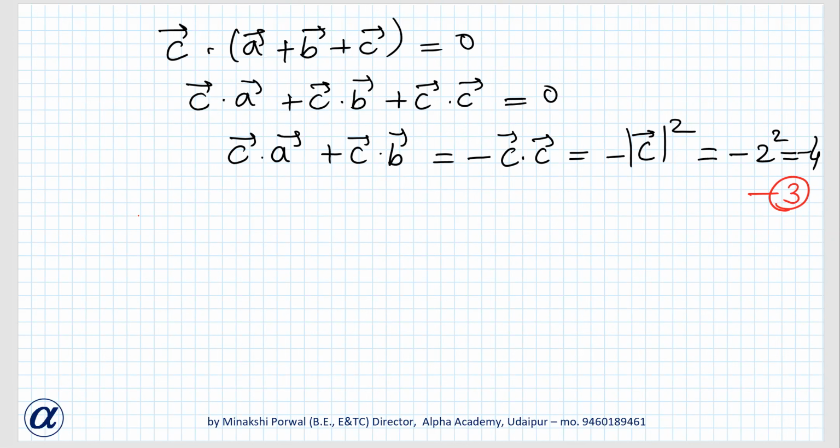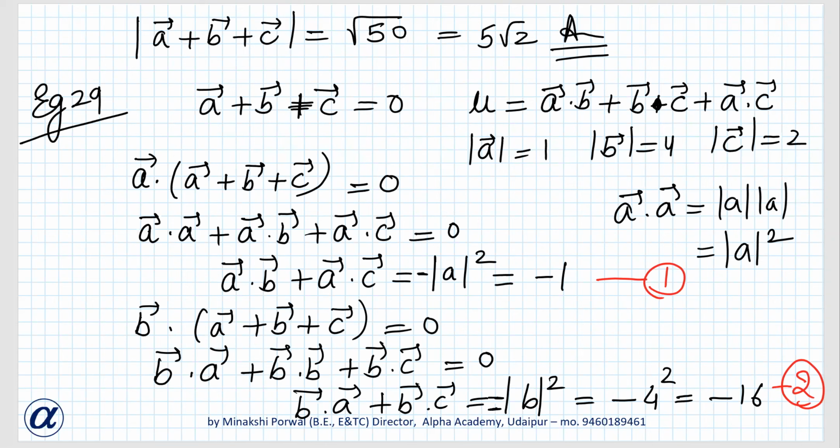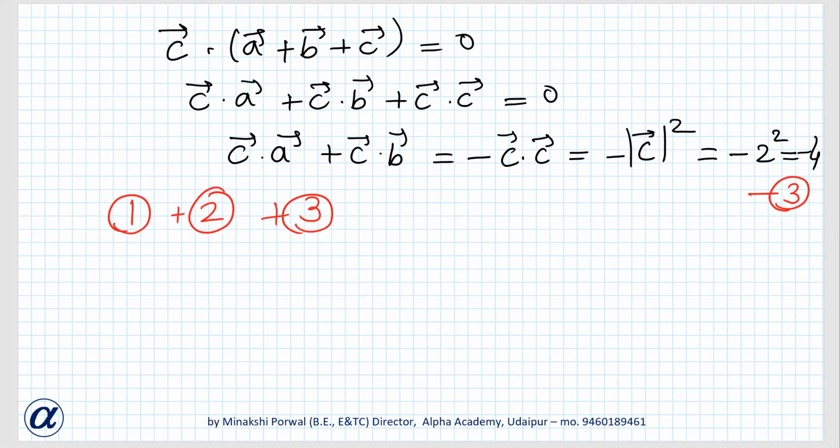When we add equations 1, 2, 3, one thing we have to remember is B dot C is equal to C dot B. Okay, dot product is commutative. So what we'll get, how many times we'll get A dot B? 1 time here, 1 time here. Ma'am, 2 times. Everything will be 2 times. A dot C, 2 times. B dot C, 2 times. So we can write 2 times A dot B plus B dot C plus C dot A.